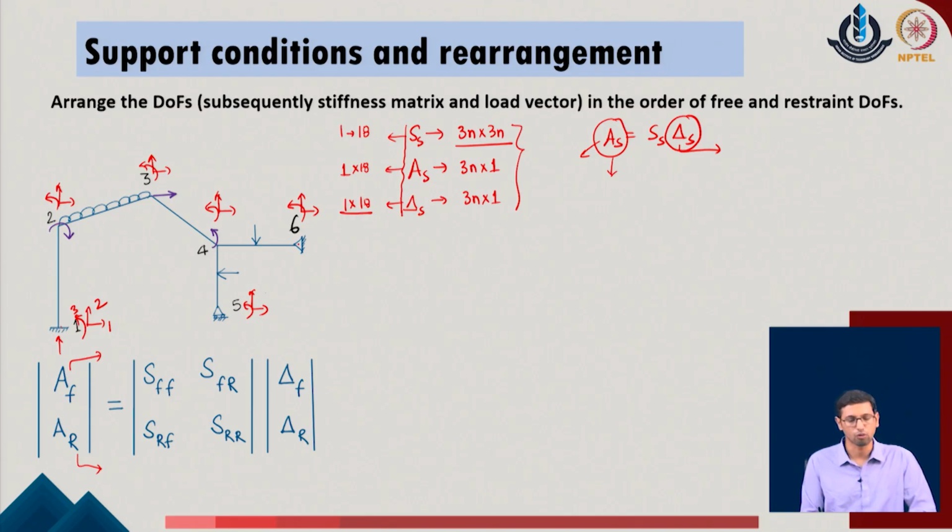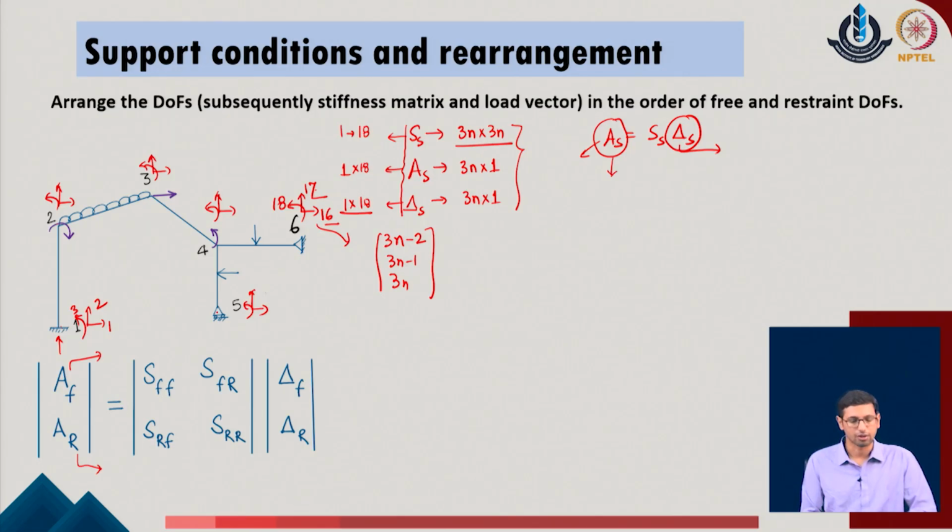they can be allowed. When I come to the joint 6, I have these two translations which are again not allowed to take place at this point. So, I say that 16 and 17. So, at the joint 6 I have 3 degrees of freedom. Now, I can again go back to the same idea, that it is 3j minus, or if I say any normal joint n, 3n minus 2, 3n minus 1 and 3n. So, using this idea, I get that there are 3 degrees of freedom which are 16, 17 and 18 in the given problem. So, 16 and 17 are the two which are restrained in the given system.